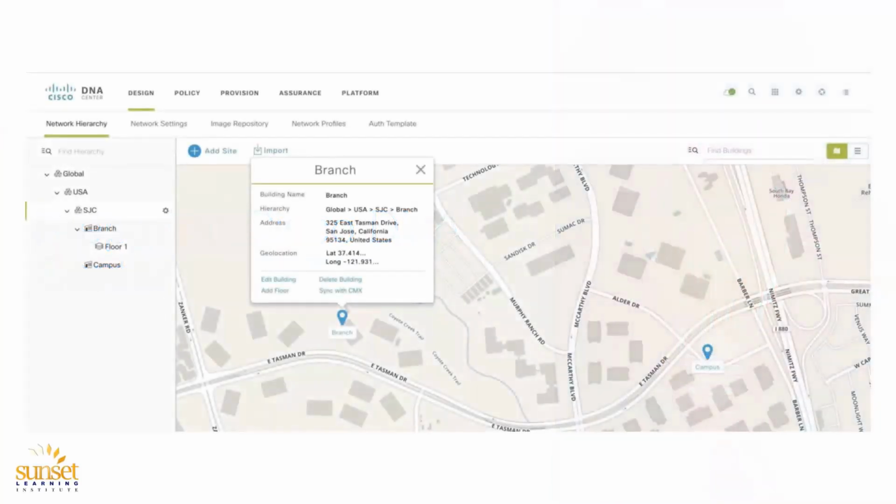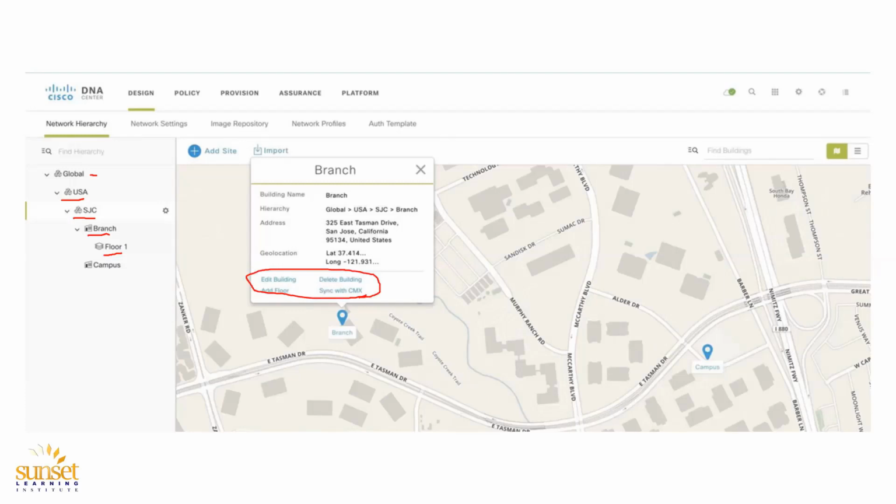Before we use Cisco DNA, once we bring it up, we need to introduce it to our network. So there are certain configurations you need to do to make it ready to help you in your work. First, you need to define the network hierarchy by defining sites, buildings, floors, and then maybe uploading floor plans. In this example, global means all our networks. We have United States of America, and we have another area called San Jose. Then we have a building called branch, and we have a floor here, floor 1,